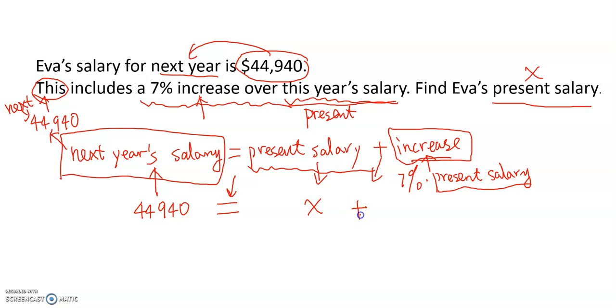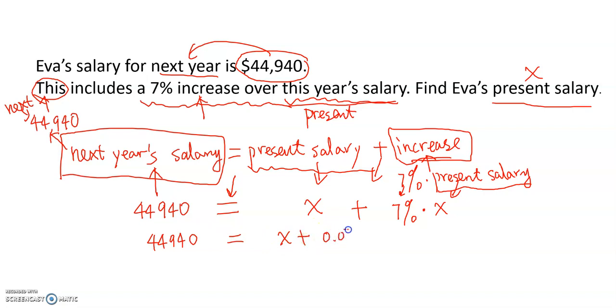Next is plus the increase. Again, we don't know the dollar amount, but we can get the increase from 7% times present. Well, we don't know present, but we use the variable x for that. So every English word phrase is replaced by a mathematical symbol. The only unknown thing here is the present salary. Present salary and present salary, we put x there. And notice that 7% is a decimal number, because when you convert 7% to a decimal,